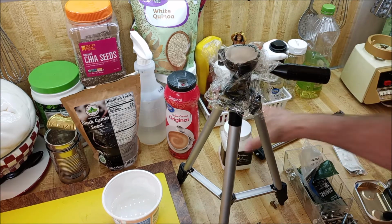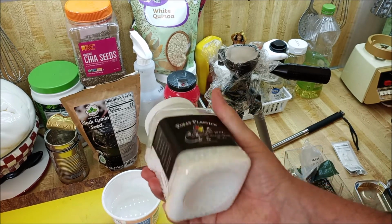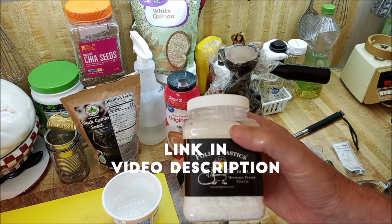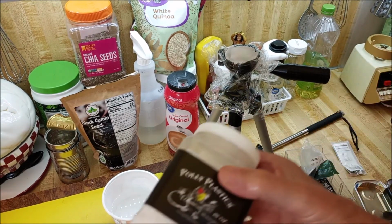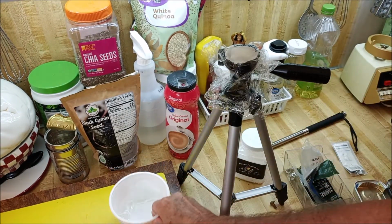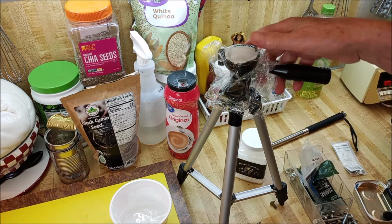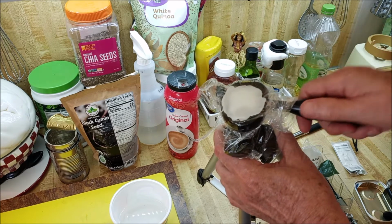So I decided, could I try to make some out of thermoplastic? This is a plastic that when you heat it up in water, it becomes moldable like clay. Then it hardens to a stiff white plastic product. And I just put a tablespoonful in some water, put it in the microwave for 1 minute, and then after I let it sit for about 2 minutes, I was able to press it down inside the top of the